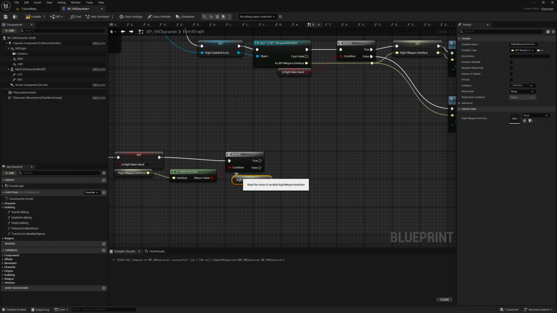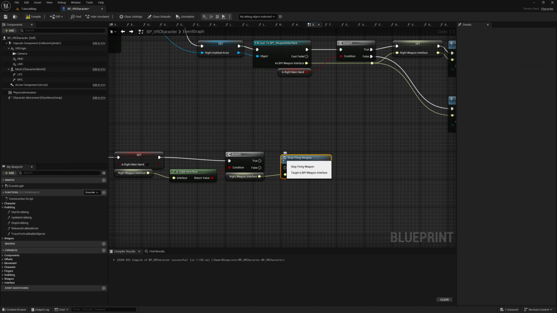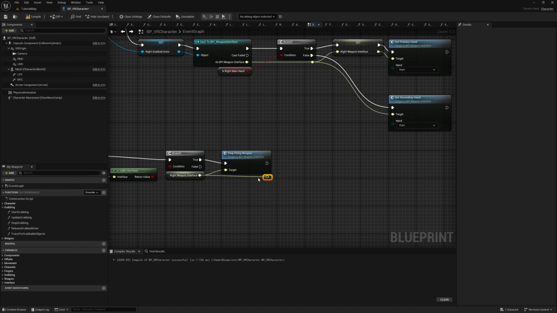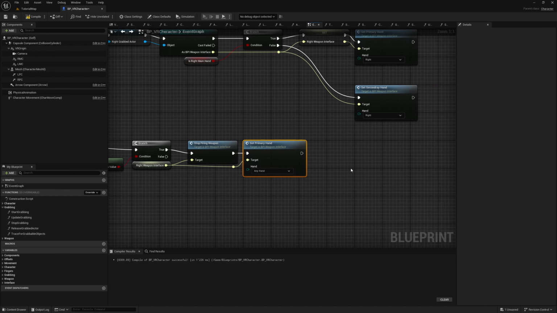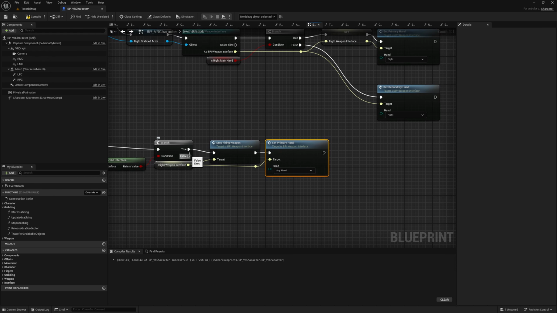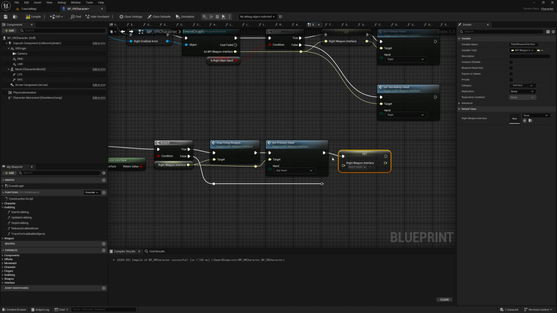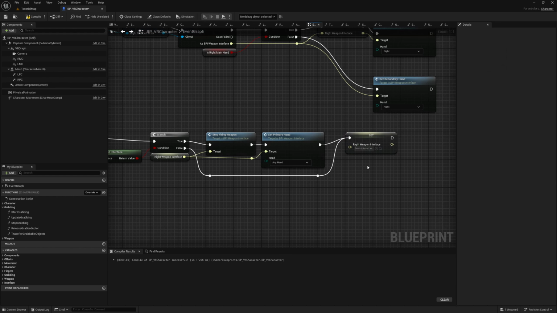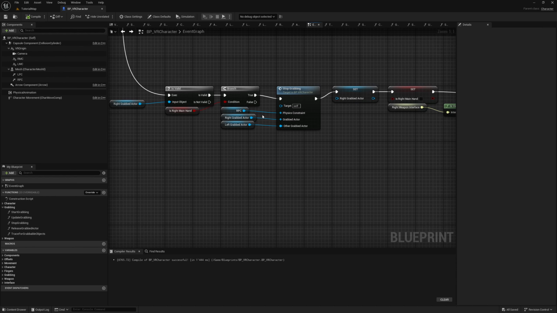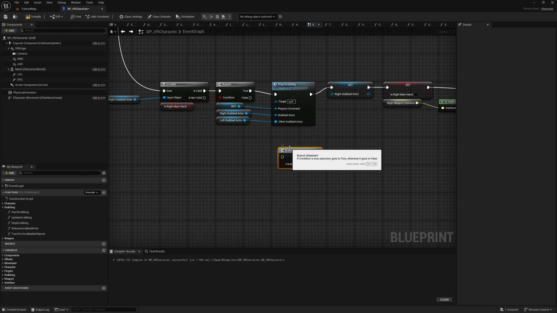Now, if it is valid, we want to stop firing, because if we are firing a weapon in full auto and just let go, it would continue to fire until it is empty. So stop firing weapon. And then also make sure to set the primary hand to any hand. The weapon now also knows that it is no longer being held and won't apply any recoil anymore. And we can add a reroute node for this, and then set the right weapon interface to null in both cases. Coming back to here, if the right hand isn't the main hand, we want to drag out another branch